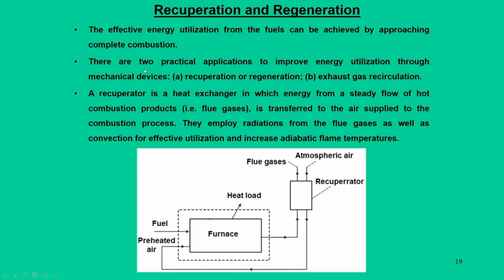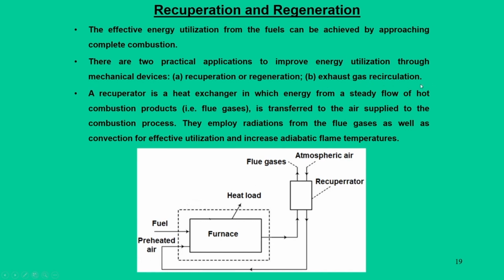That is one way. Second, whatever energy is carried by the exhaust products can be tapped. So, there are two approaches for effective utilization. One is by using certain mechanical devices, which we call recirculation or regeneration, and the second concept is exhaust